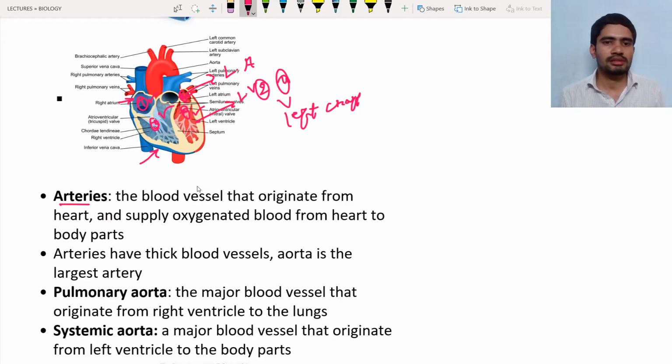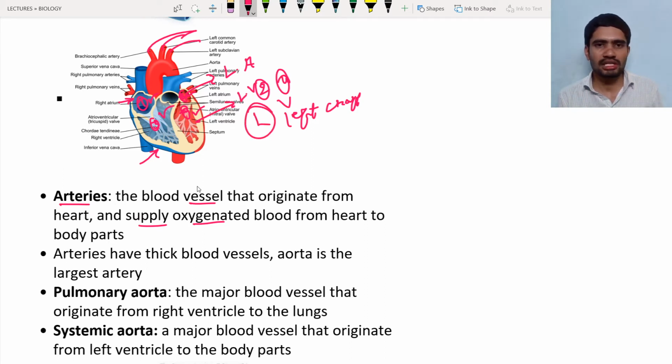Arteries is one of the blood vessels, so it is originating from the heart. Let us consider, so this is the blood vessel, so this is the artery, and so on. There are many arteries that are originating from the main heart, and they are going to supply the oxygenated blood. Why oxygenated blood? Because from the lungs, deoxygenated blood is converted into oxygenated, and they